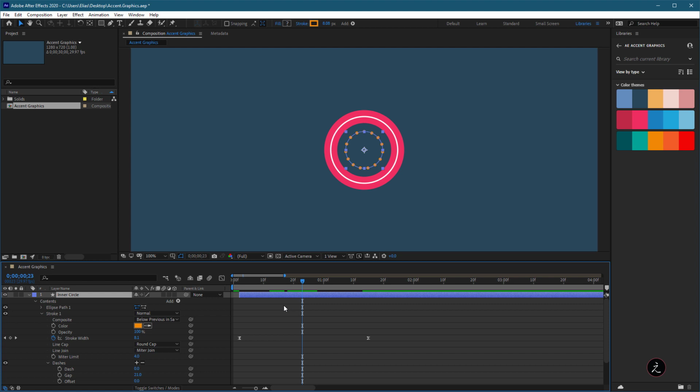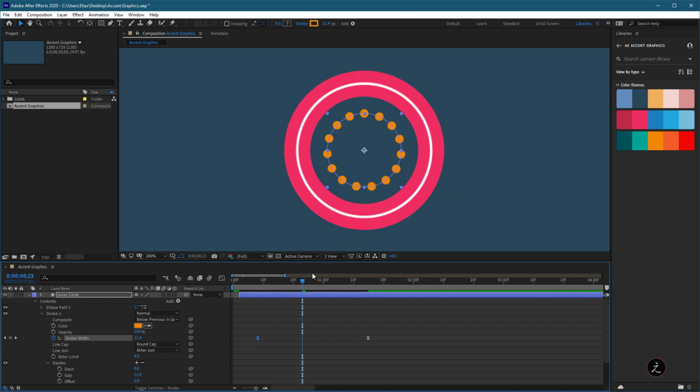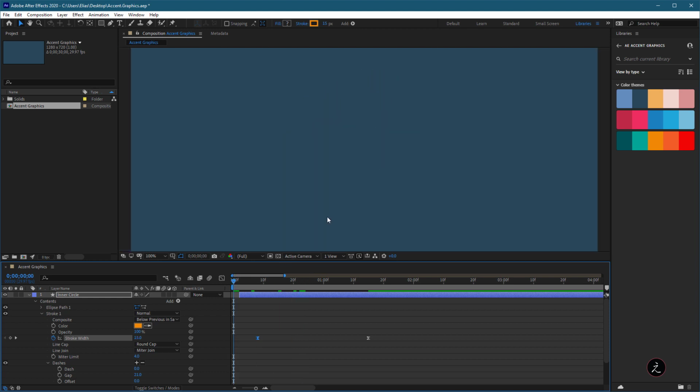Another thing is I can influence the stroke width. See that? So let me just run preview this for a second. There we go. Let's do this again. So I like the gap. I like when it appears and I like when it dies down. See that? Great. What else can we do?